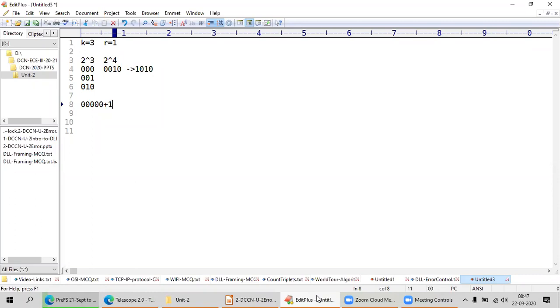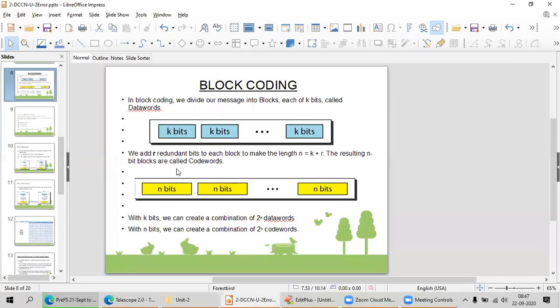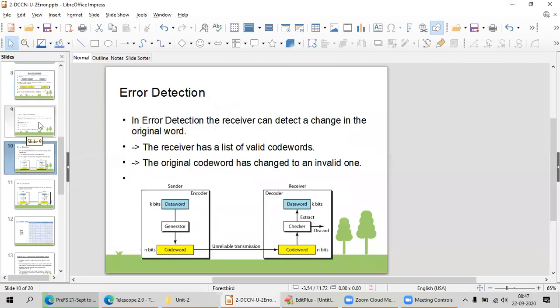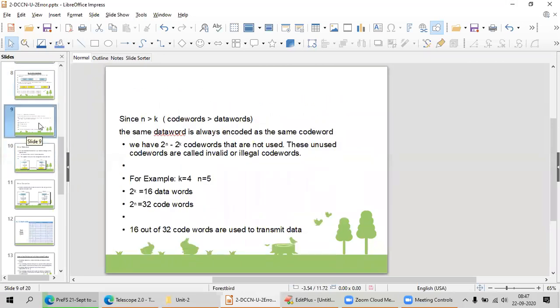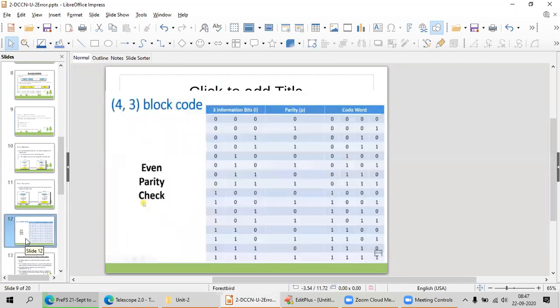No, you are not going to get 2 to the power of 6. I am going to remove whatever unused things there are. What are those unused things? Nothing but your even and odd parity check.